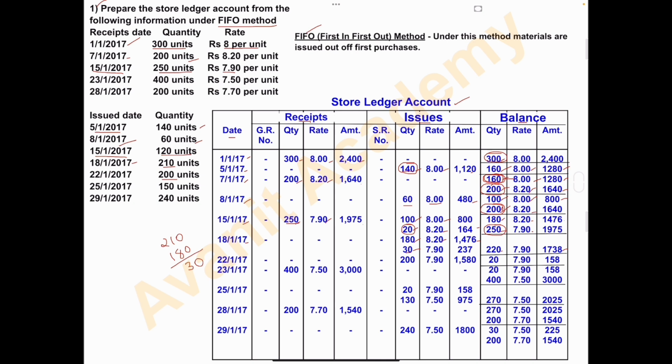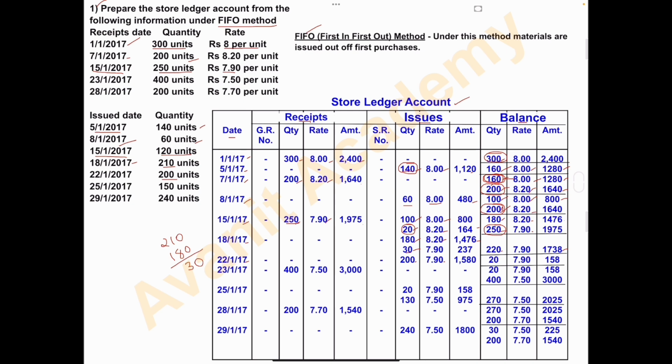Receipts column nil. In issues write 200. So how many units we have to issue? 200. So directly we can write here 200 because in balance column, see the balance what we have, 220 units, and the rate per unit is 7.90 and the amount is 200 into 7.90. You will get